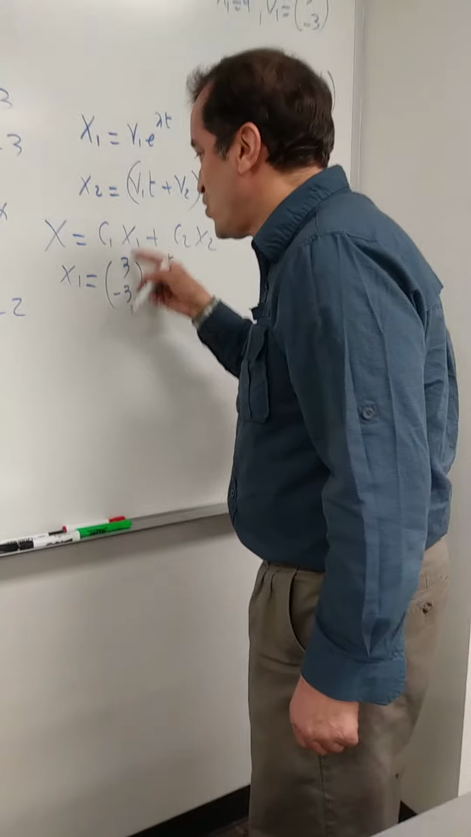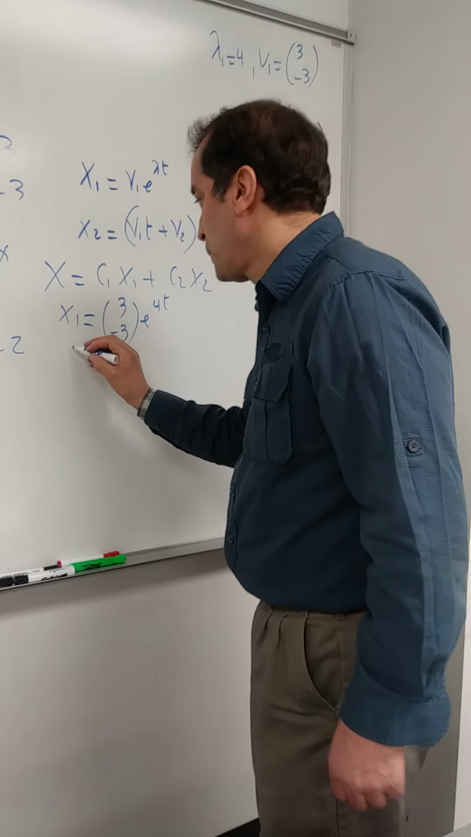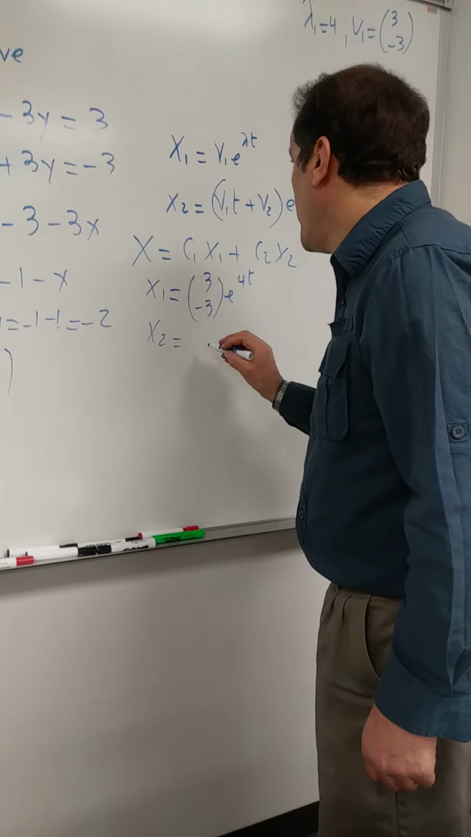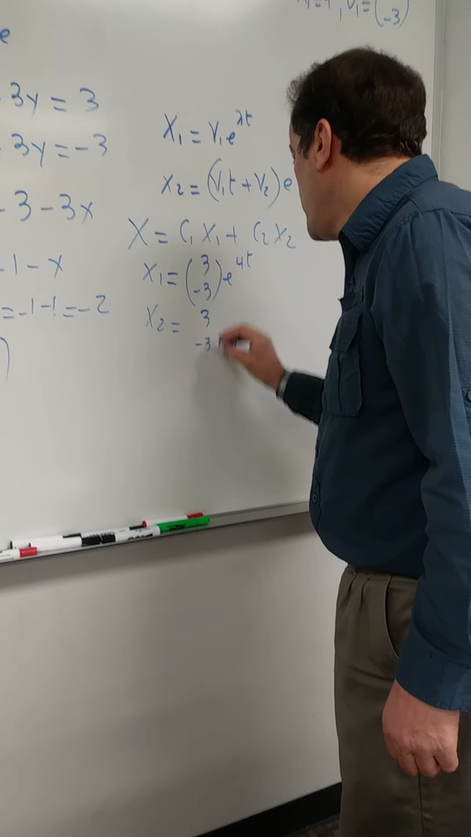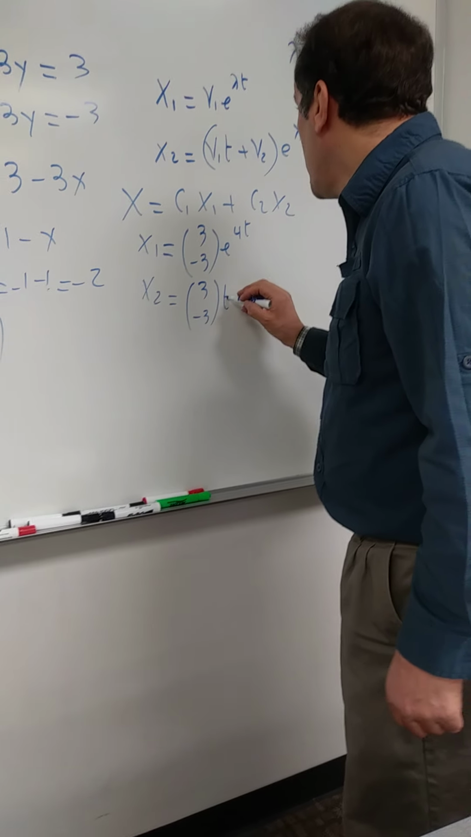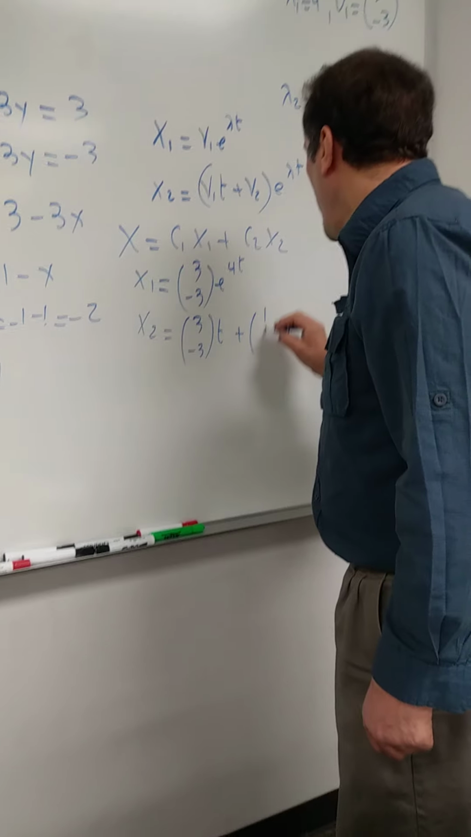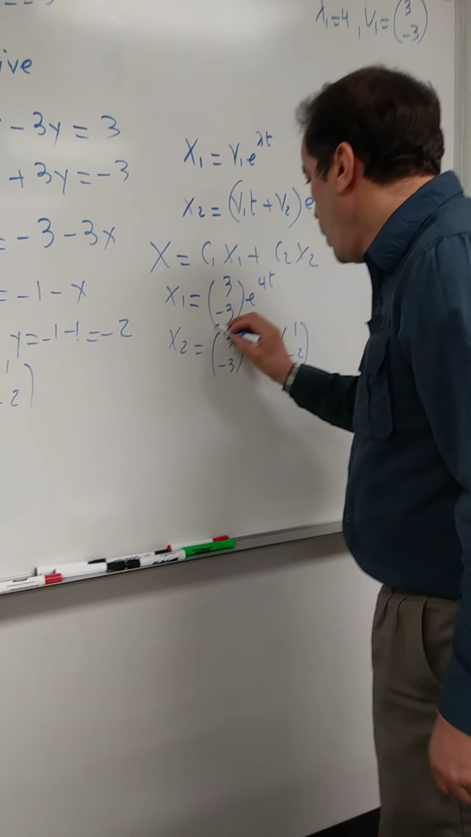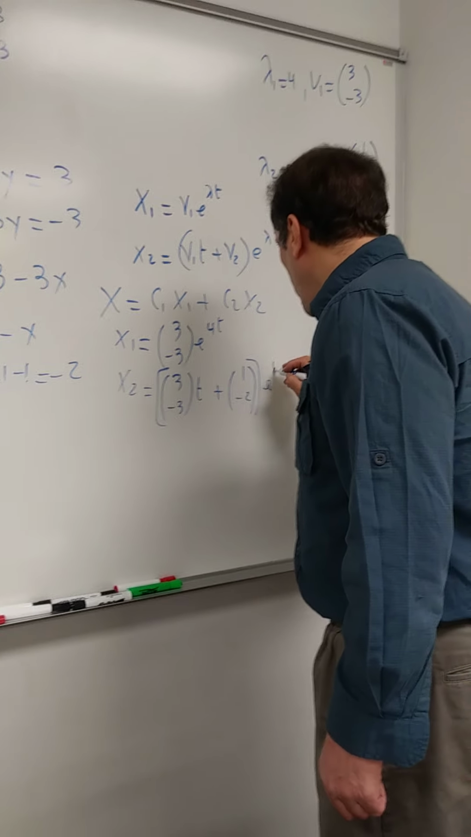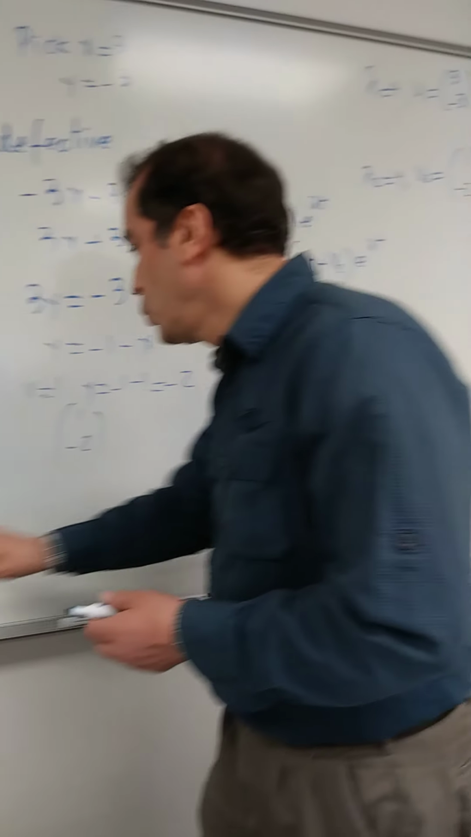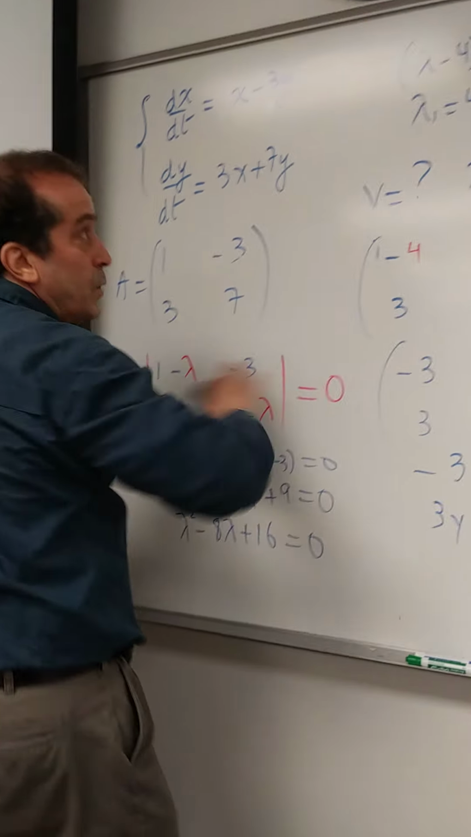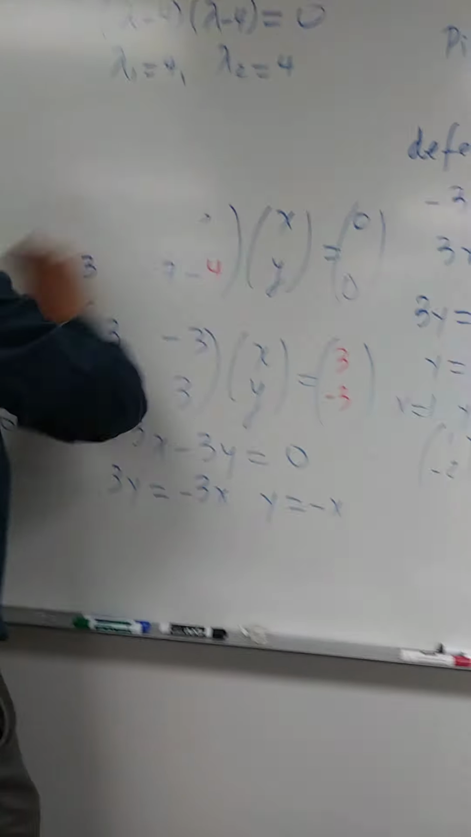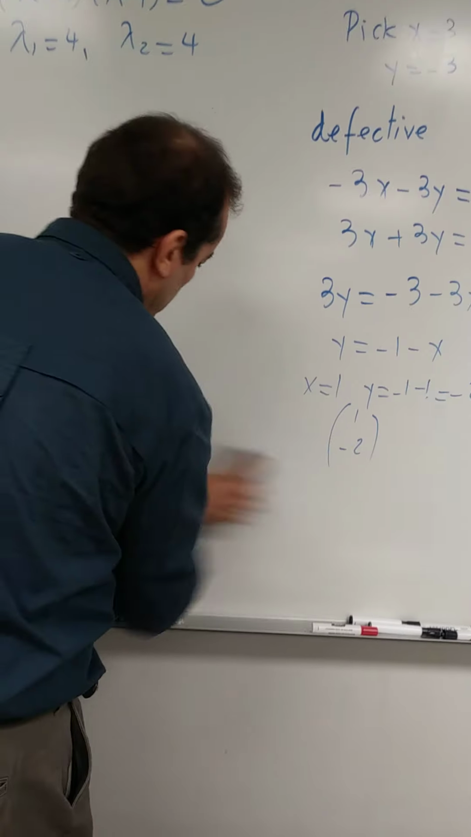And by the way, you can't change these constants now to 1 and minus 1. Our x2 would be 3 minus 3 times t plus 1 minus 2, all of this times e to the 4t. So the general solution of this system of equations, I'm going to write it over here, is going to be